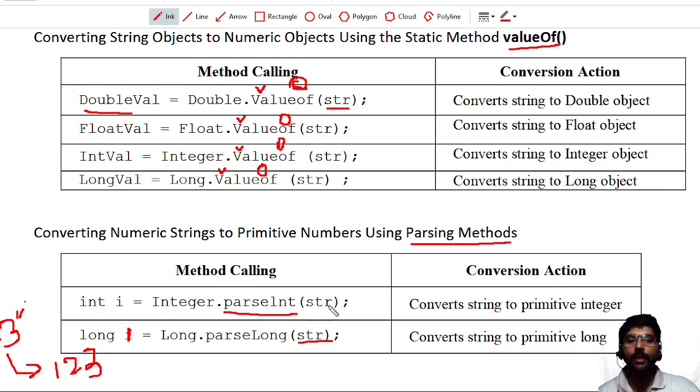It never contains characters other than 0, 1, 2, 3 up to 9, or some special symbol like a dot. But it never contains any other additional characters. Otherwise, it may give some exception or error that you will learn in the next example video.